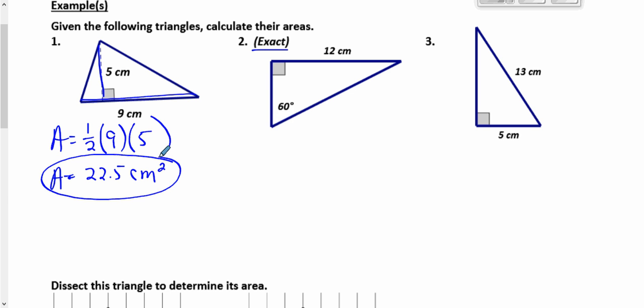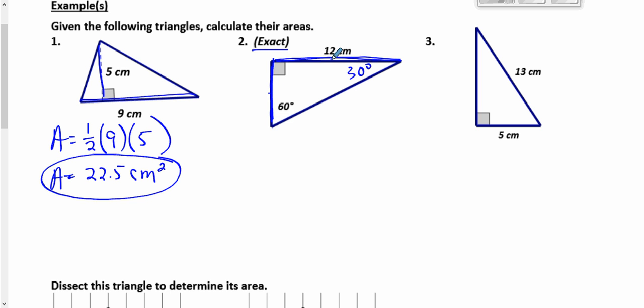In our next one, we have a base, and actually, it really doesn't matter what you call the base and height, as long as they're perpendicular. But we don't have a height, okay? But again, this is a 30, 60, 90 triangle. So we can find this short leg, right? They've given us the